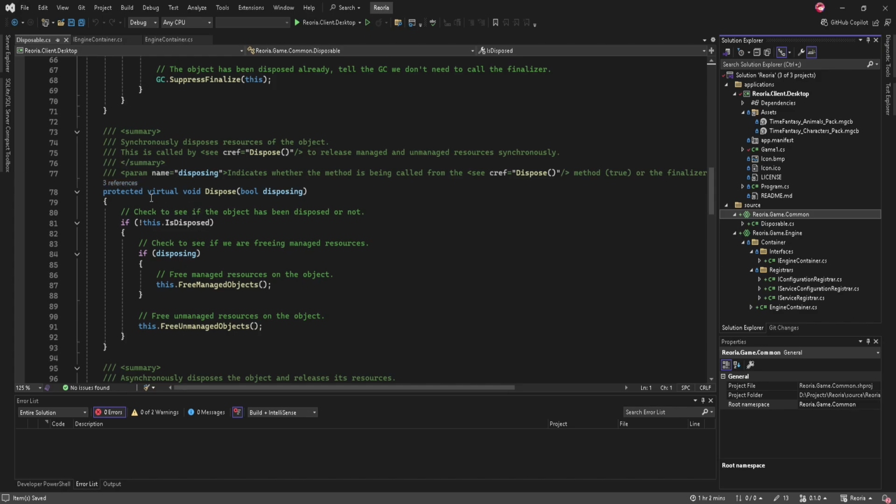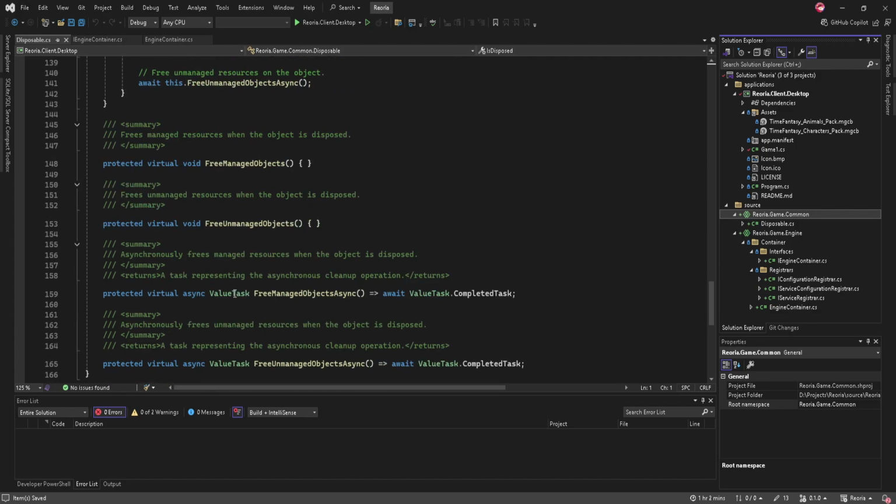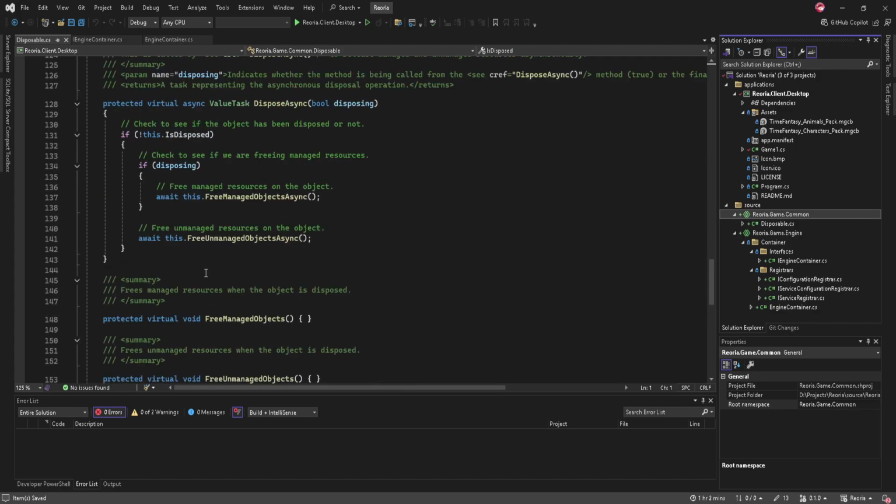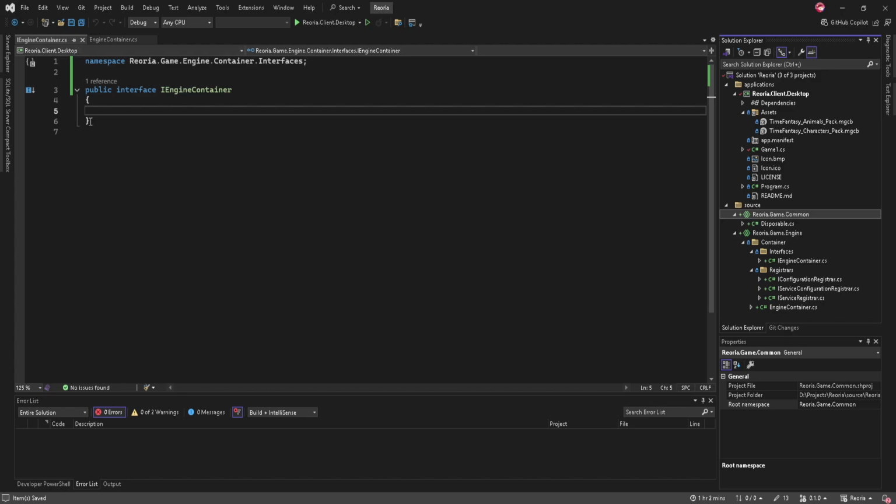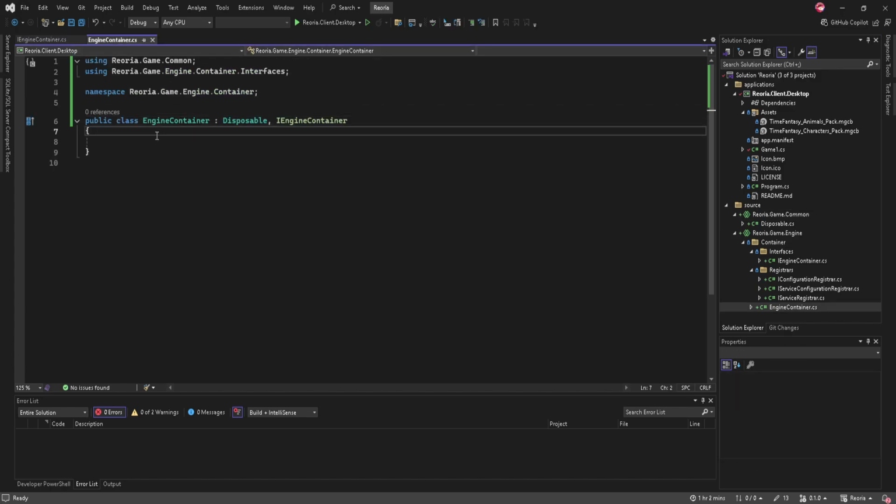So to just not bother with all this, I just do the dispose pattern, then I just have these free managed and unmanaged objects, and then the async versions. Yeah, I just do that instead. Alright, anyway,